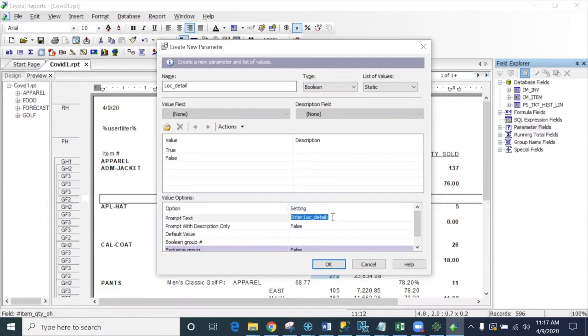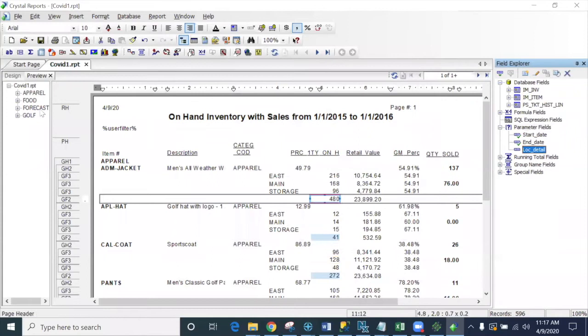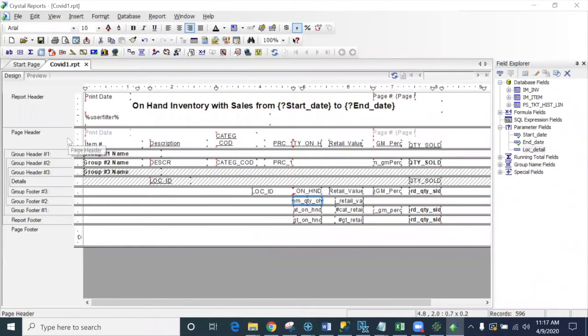And so my prompting text might be display location detail. And so on my design tab, on group footer 3, which is displaying my location detail, I might want to suppress that. And so if I go into my section expert,